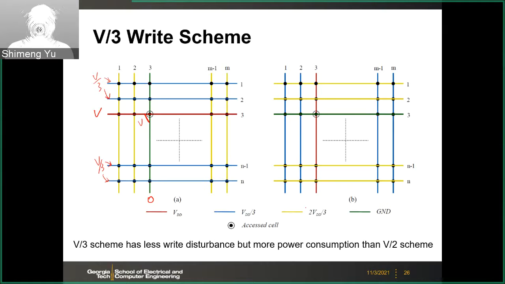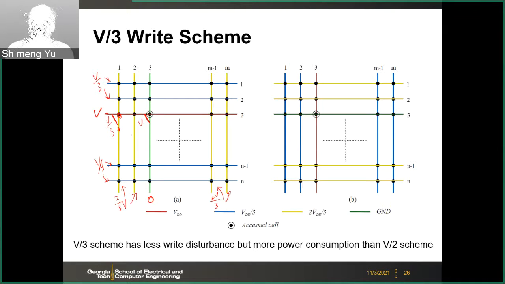And then for the unselected bit lines, like those yellow vertical lines, we apply 2/3 of the V. So here you can check that for all the other cells, you will have V/3 voltage across them. For example, this cell, because this side is V/3, the other side here is 2/3 of the V. So here the voltage drop will be